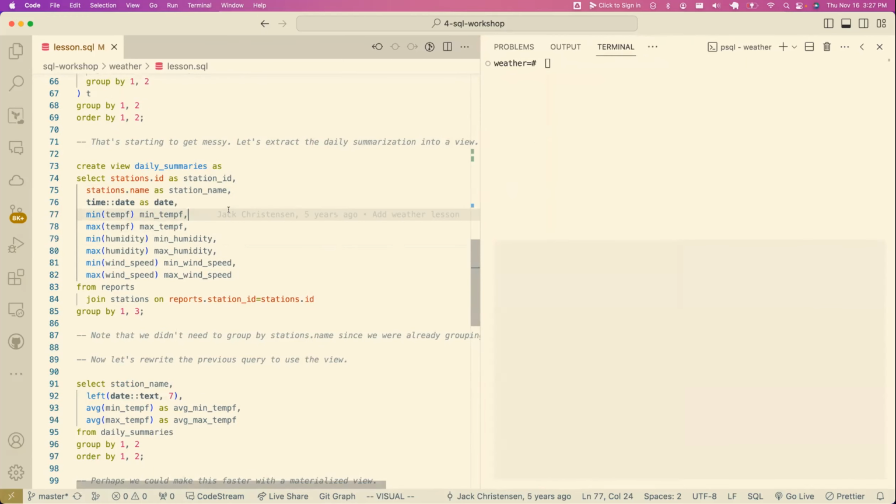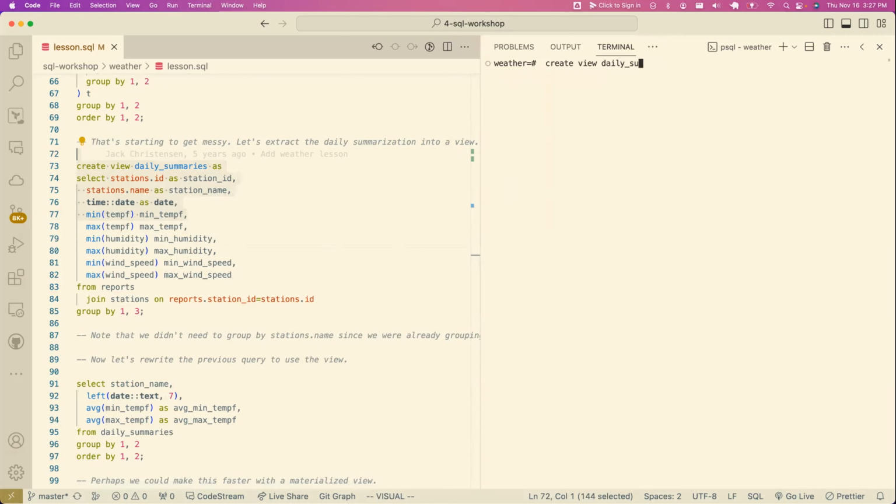And I'm going to build this up. I'm going to take my own advice and make this much smaller to begin with. So please do code along here. Let's build the view and then we'll talk about what it does. Create view daily summaries